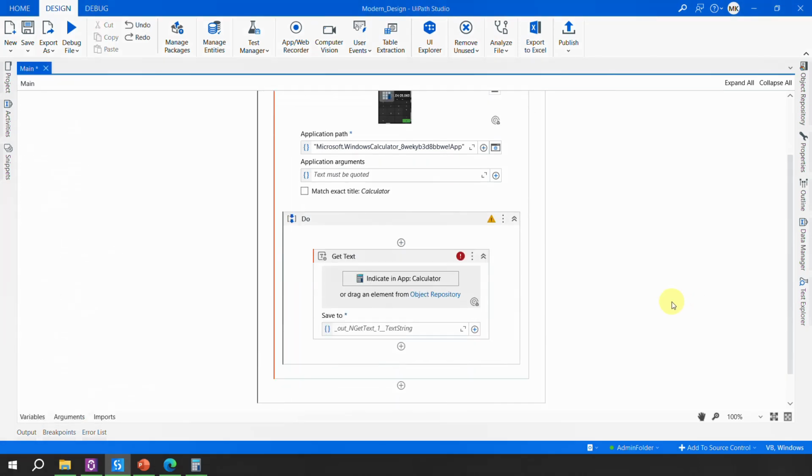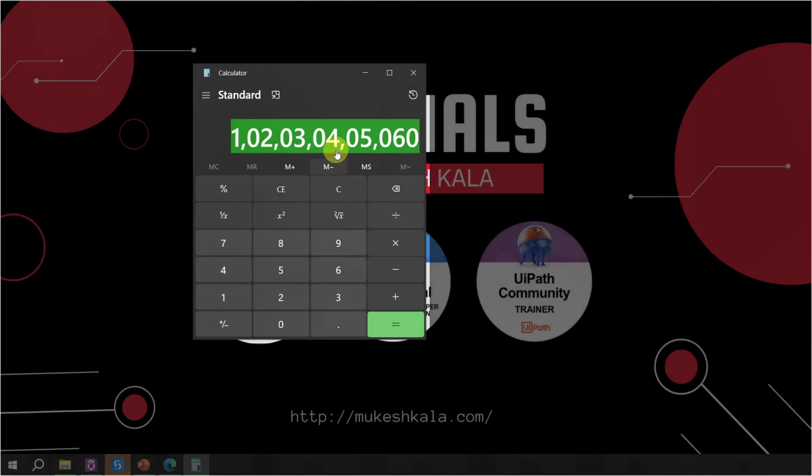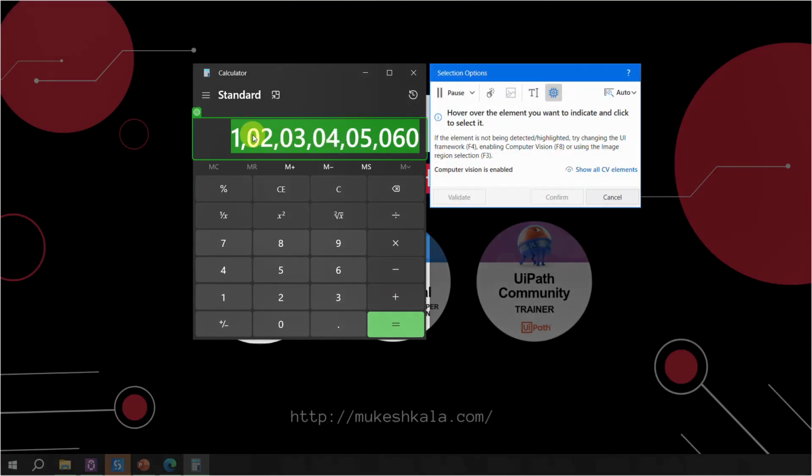That's it, right? Now where exactly is your text? UiPath is asking me to indicate in the app calculator. See how user friendly this is, right? So I click on this and I point it to the complete bar. If in case you want to read something, whatever you want to read, just point it there. So I want to read whatever we have here, so I'll click on this